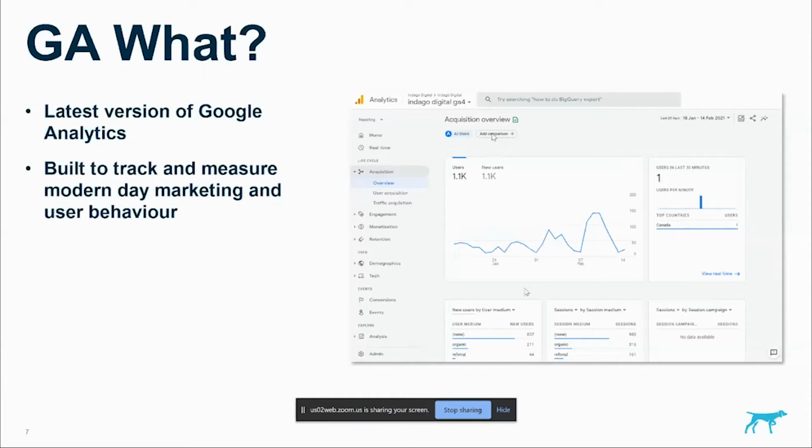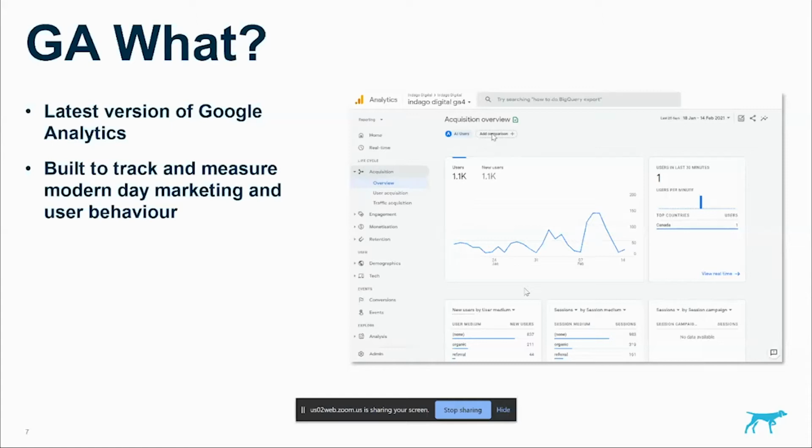It's built to measure modern-day user behavior and the marketing practices, techniques and platforms that we are used to now. Over the years, user behavior has changed significantly. It's no longer limited to a single device, single platform. People jump across different devices, different websites, different apps, different marketing channels they interact with.